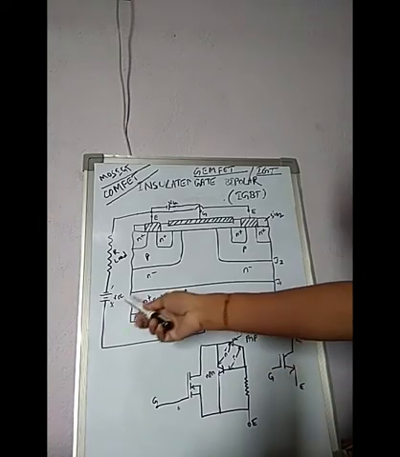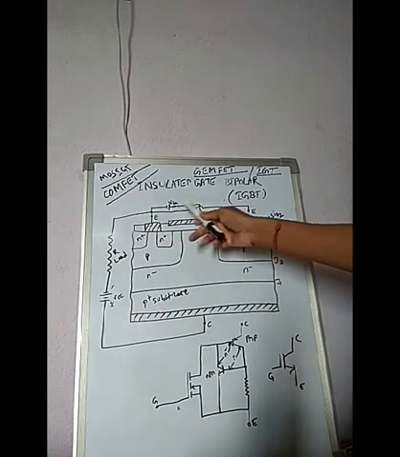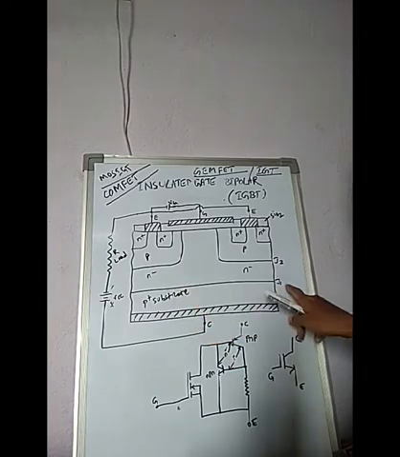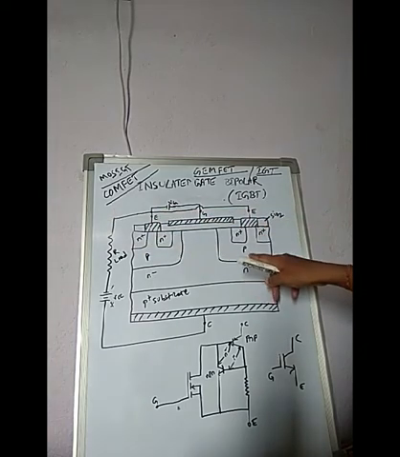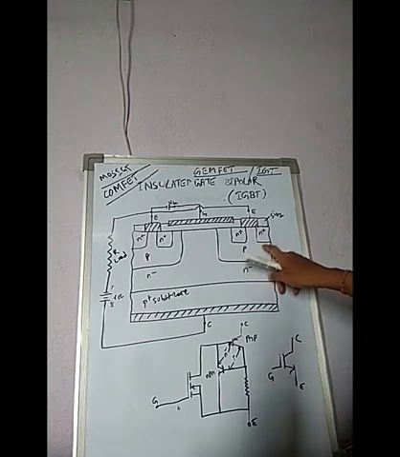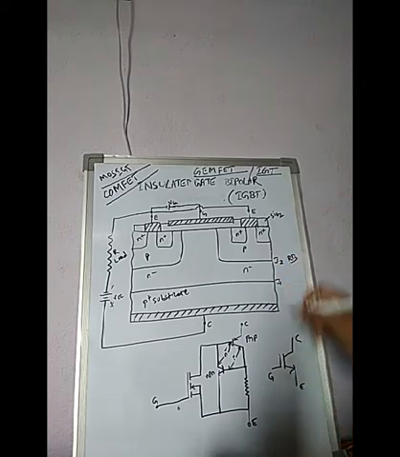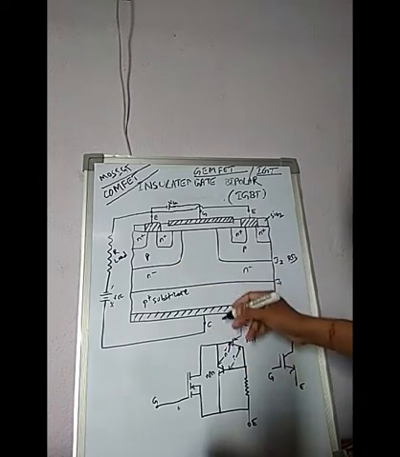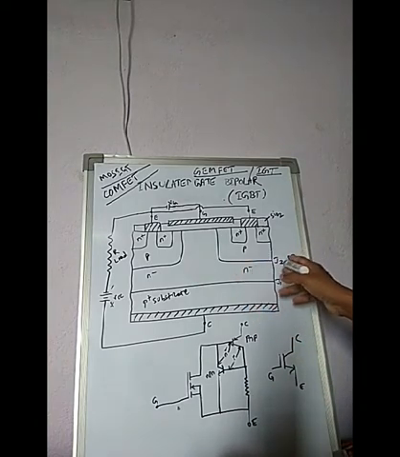Okay, so what happens when the voltage's plus terminal is connected to the collector and the minus terminal is connected to the emitter? Plus connected to P plus means the J1 junction is forward biased, and minus connected to the emitter means the N plus P junction is forward biased, but the J2 junction is reverse biased. Due to this reverse-biased junction, the flow of current from collector to emitter is blocked.